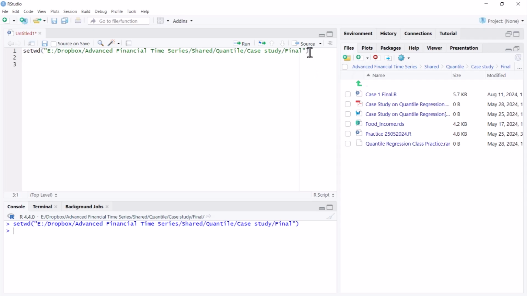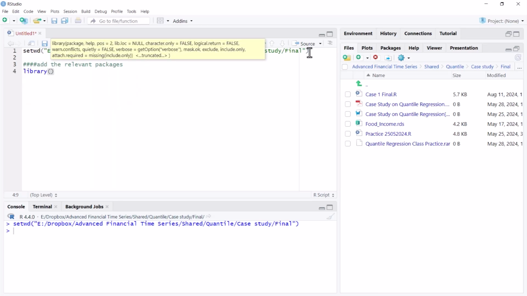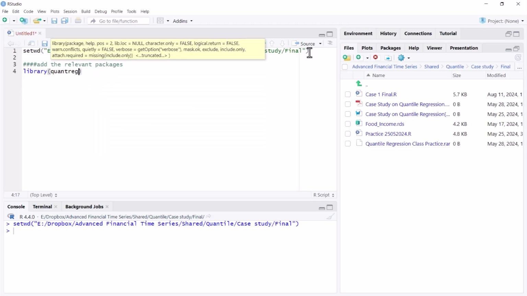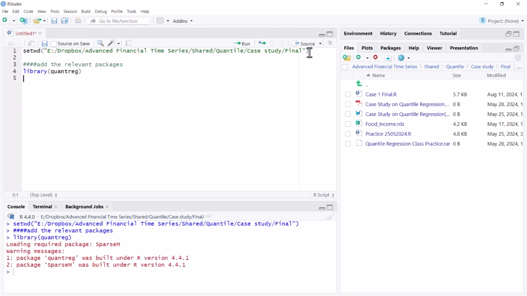Now, as the next step, I would like to load the relevant library packages. I have already installed these packages, so I need not do that again. Since they are already installed, I'll straight away add the library command. If you're familiar with R, first I'll add the quantreg package for quantile regression.